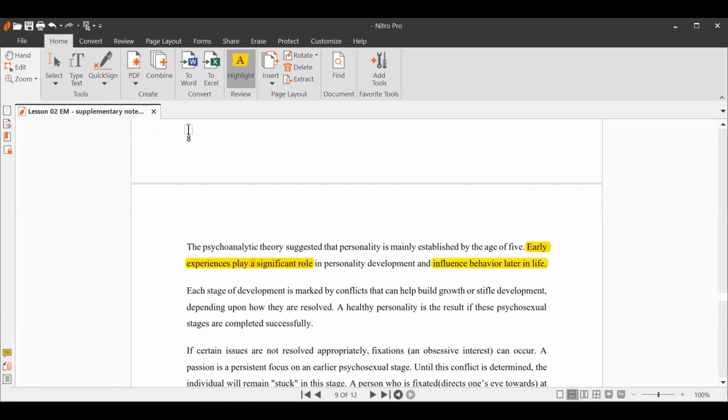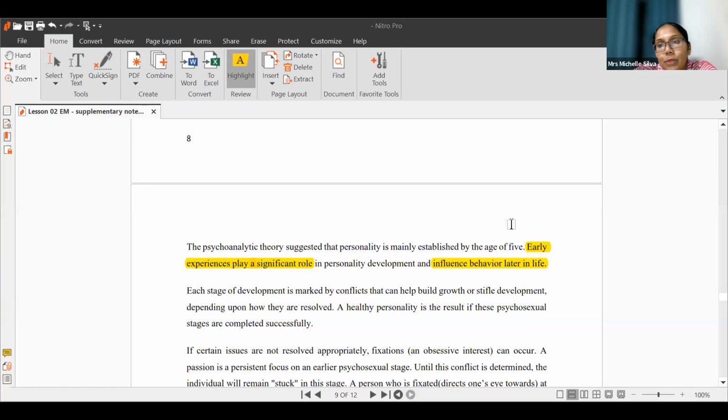And not only that, let's say some books have said that a child who could not get the pleasure through their mouth during that oral stage, what will happen later in their life, they go for smoking, they become addicted to different drugs, because since they could not get the pleasure from their mouth during the oral stage, when they become adults, they try to get that satisfaction